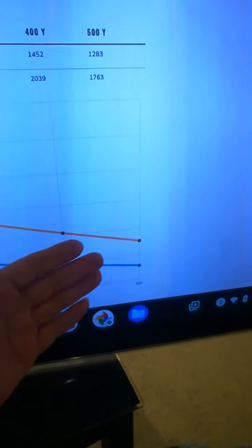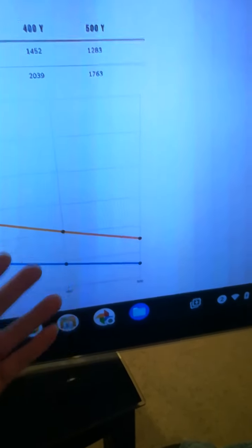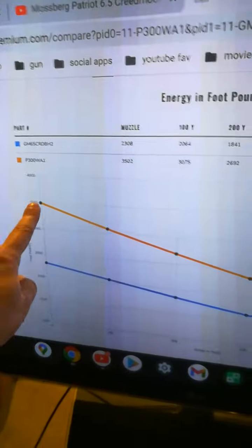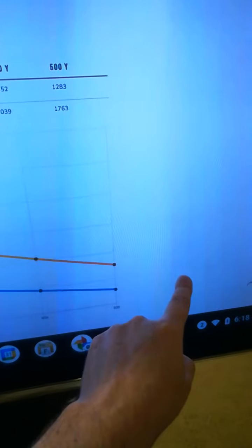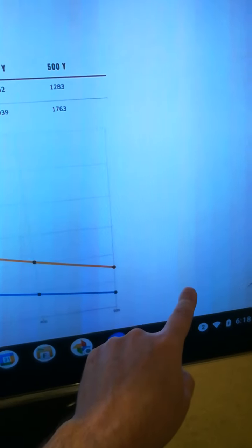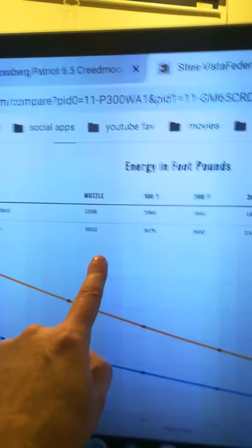So generally speaking, heavy bullets have a higher ballistic coefficient, but not always. Sometimes light bullets are designed very well to buck the air resistance. And you can see here the 6.5 Creedmoor. Eventually what's going to happen is this orange line is going to meet up with the Creedmoor. And that means that right around 600 yards, I'd say about 600 yards, maybe 650, what's going to happen is the little Creedmoor is actually going to be equal with energy to the 300 Win Mag,